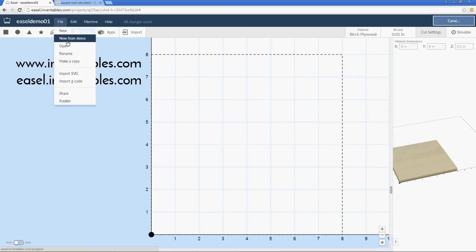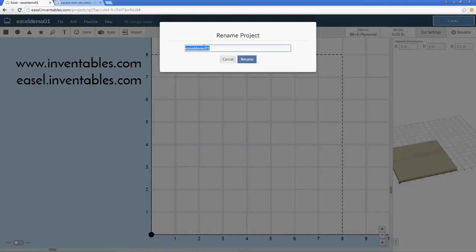First thing I like to do when I start a new file, I kind of got in the habit right from the very beginning, is I will begin a new document and then I'll rename it immediately, because otherwise you'll end up with a bunch of untitled documents and your files will already get long as you use Easel, and then you have to go back later and open each one